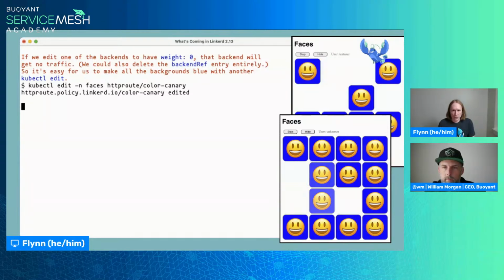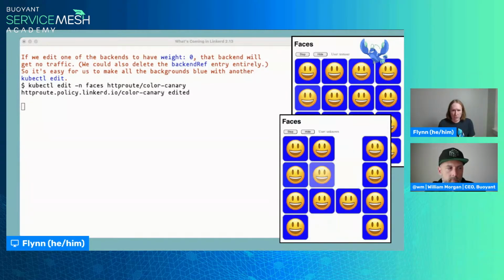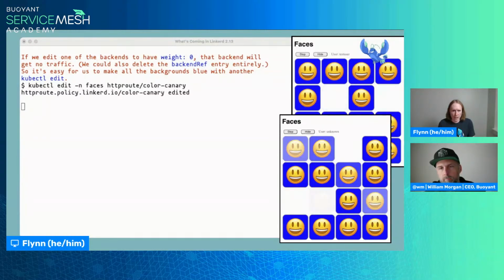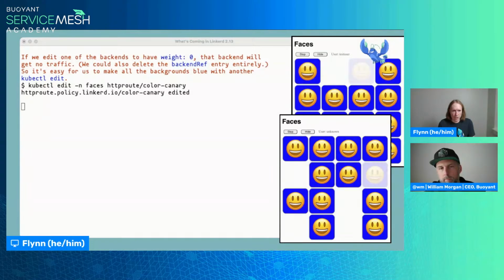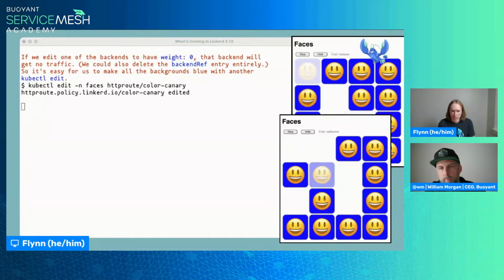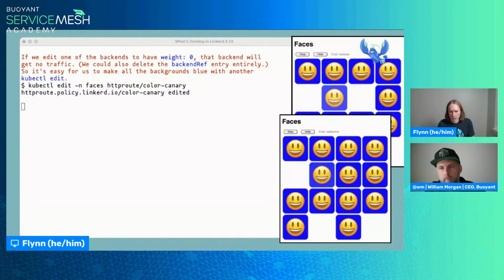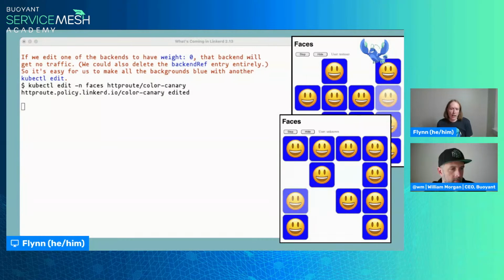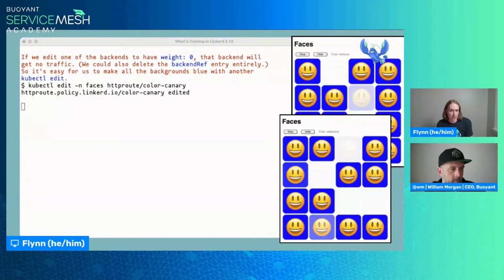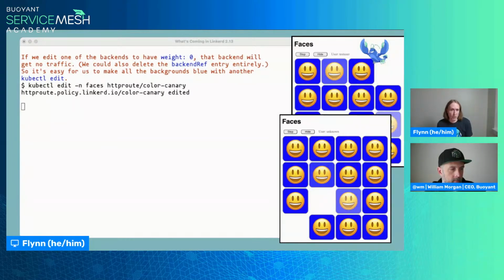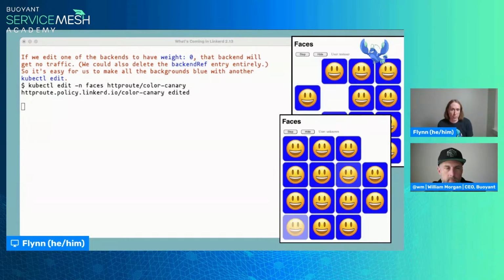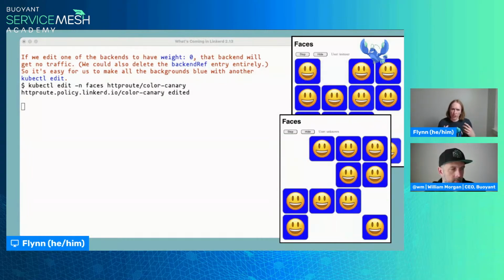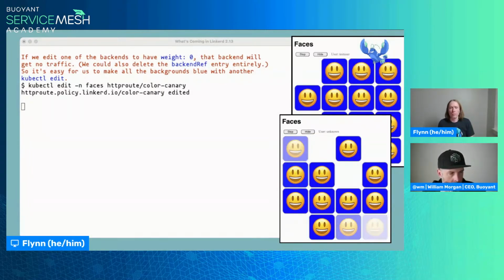Okay, let's see if there are any questions about Canary stuff here before we go on to the A/B test thing. Is the percentage determined per client, as in 10% of connections go to color 2 is per client or across clients? First off, it's 10% of requests, not connections, which is important, especially when you're using things like HTTP2 and gRPC, both of which multiplex multiple requests over the same connection stream.